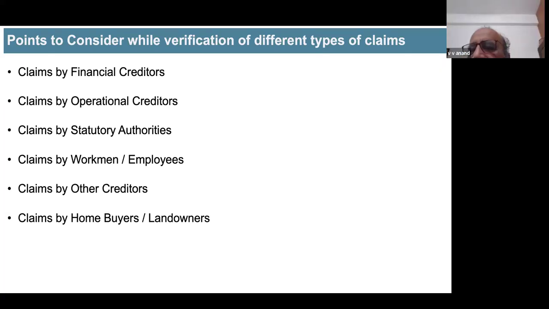No, Sir, that means for an operational debt, CIRP may not provide for full payment. Right, sir. So interest and penalty may not be covered. Yeah, so earlier the position was that interest and penalty was a super priority. That was the position.